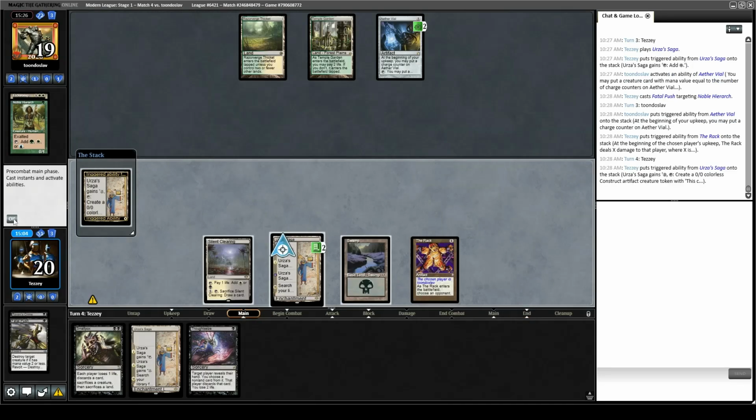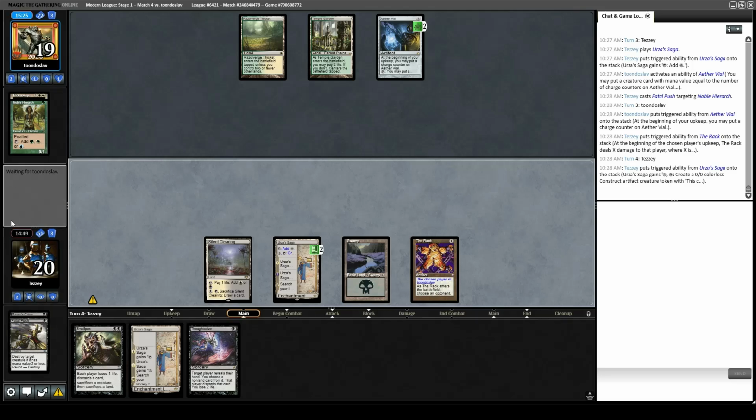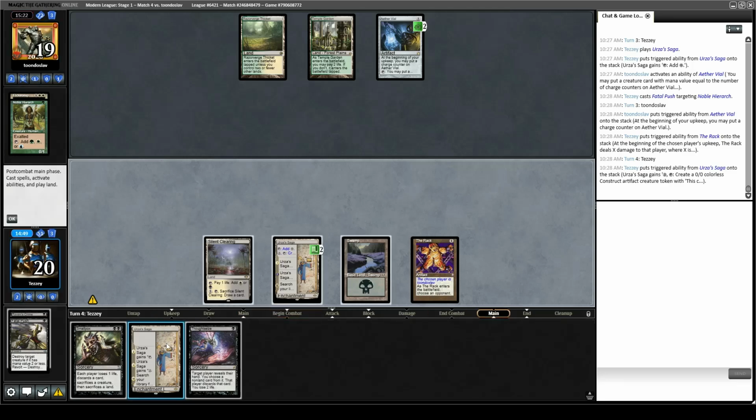Saga ticks up. We draw Thoughtseize, which is interesting. I think I'd rather leave Thoughtseize for... Yeah, I think I'd realistically rather leave Thoughtseize for when we know their Yorion is in their hand. So I think I just pass here. Well, I play Urza's Saga and then pass here. Actually...